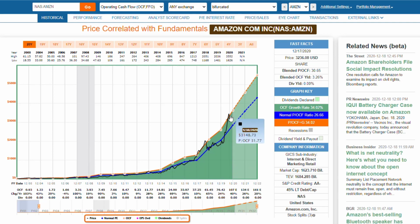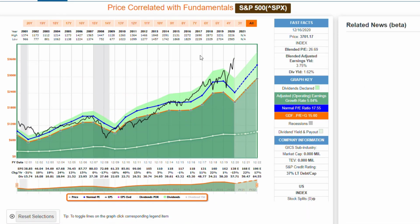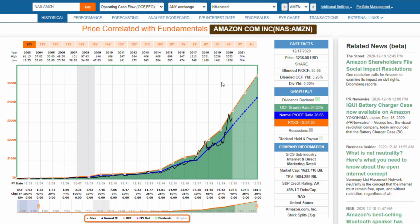You notice that Amazon is right in the middle. Bottom line is, for the amount of growth that this company is expected to have, the stock is attractively valued, but it is actually selling at a PE ratio higher than the S&P 500, if you recall. Just look at that real quickly. The S&P 500 is trading about 27 times earnings with an average growth of just under 6%. And then we go to Amazon, that's trading at a 30 multiple, certainly higher, but it's growing